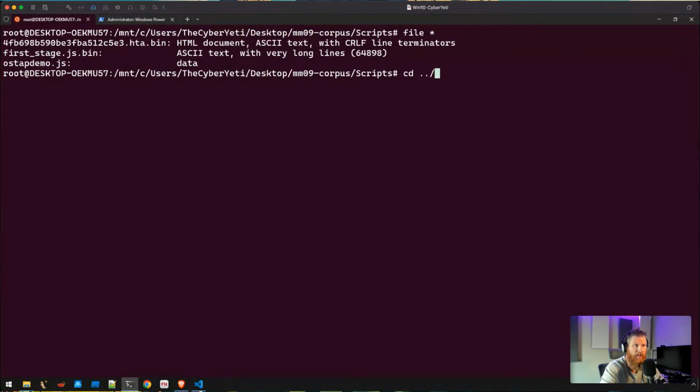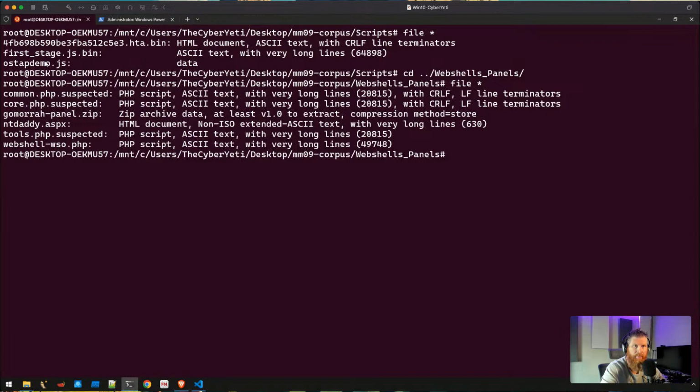Look at this content with file, and here we have, oh, it did pretty good, right? PHP script, zip archive. Okay, here maybe not so great. It just said that it was an HTML document, but quite similar. So it's just another tool.